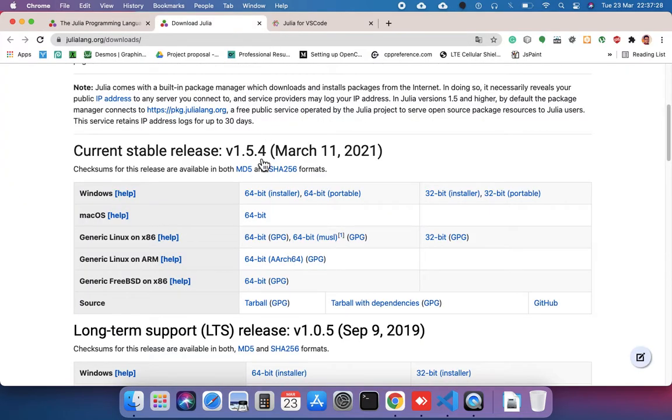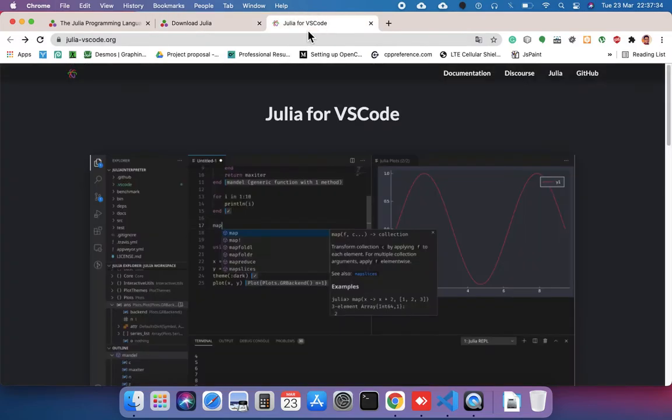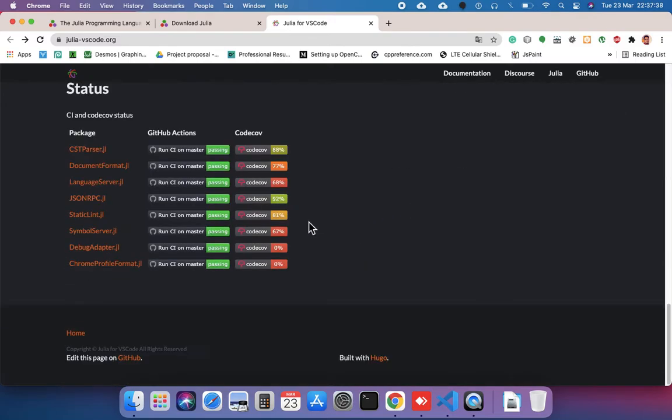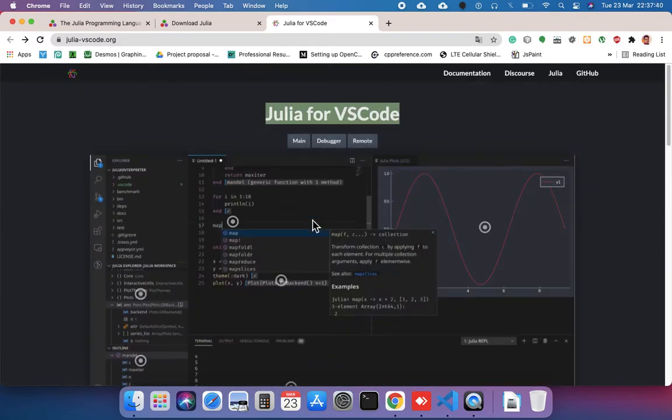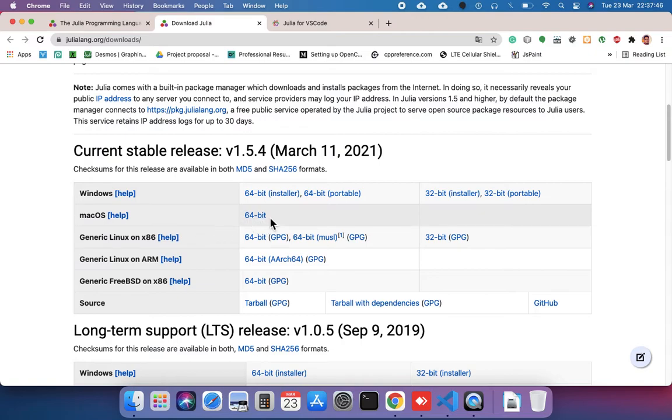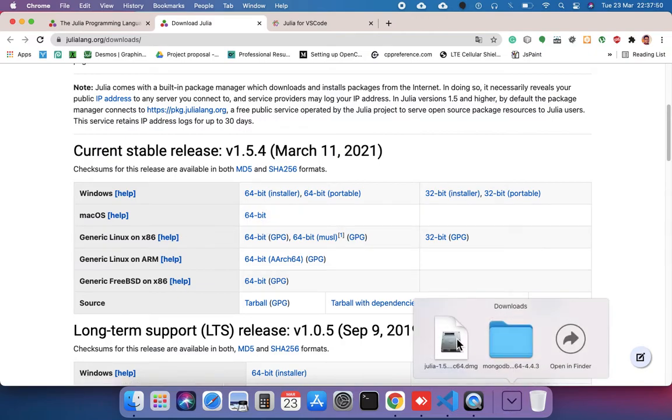So this is the official Julia download page from where you can download the suitable installer, and I already opened the Julia for VS Code page where you can see how to configure VS Code for Julia. Still, I am going to show you how you can do that. I already downloaded this version on my computer and installed it.